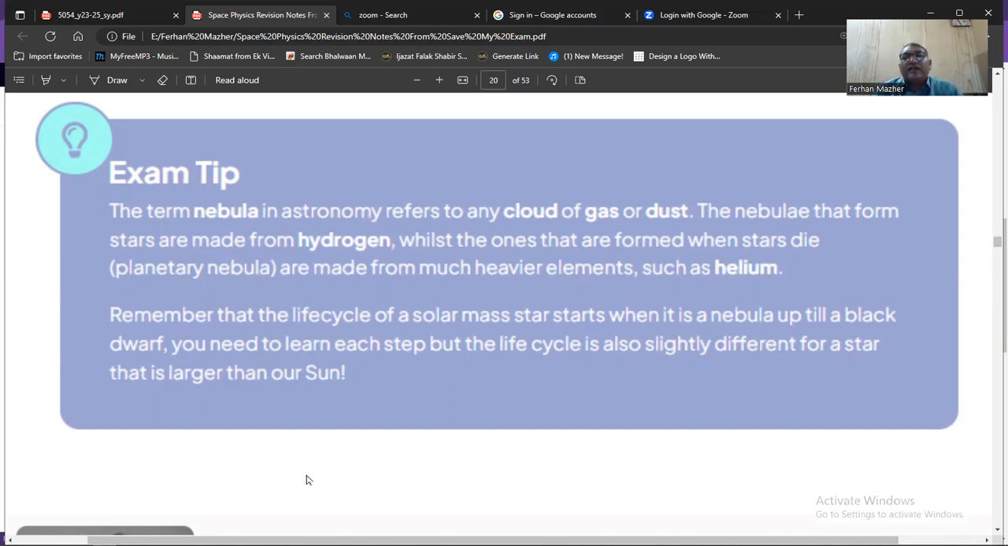The nebulae that form stars are made from hydrogen, whilst the ones that are formed when stars die, planetary nebulae, are made from much heavier elements such as helium. Remember that the life cycle of a solar mass star starts when it is a nebula up till a black dwarf. You need to learn each step, but the life cycle is also slightly different for a star that is